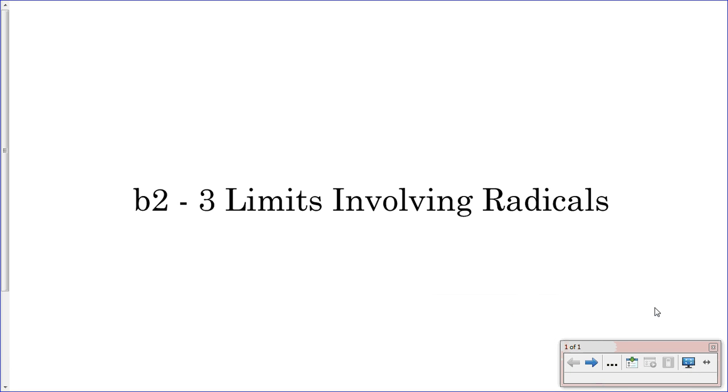Alright, this is Chapter 2, Part 2, 2-3, Limits Involving Radicals. So, limits using radicals. Limits using radicals, such as the square root, or even the cubed root, etc., can't